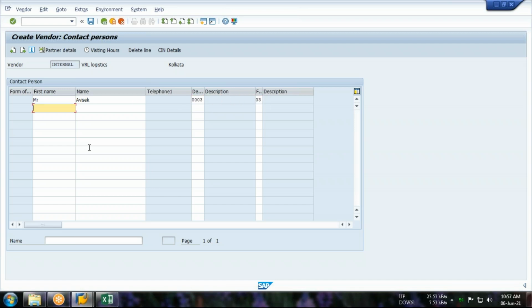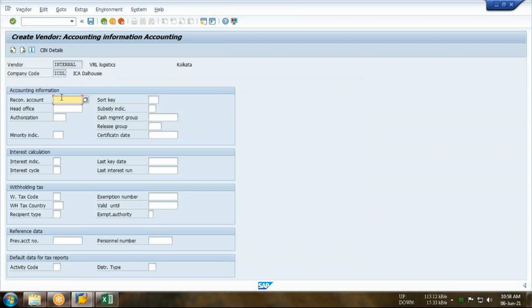As we are able to create the vendor master record, yes, no? We can create vendor master record with the help of such information. Yes, sir. So now next, this is a reconciliation account. So guys, tell me what is the meaning of reconciliation account over here? What account do I need to select? Sudhakar ji, could you please tell me which account do I need to select?